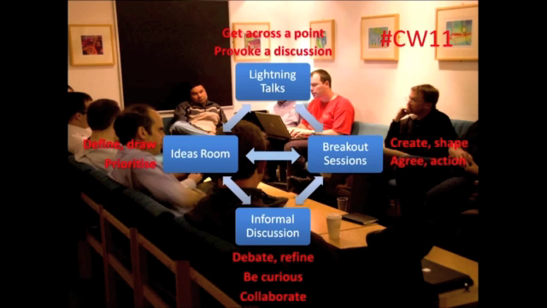The way that we do it in the Collaborations Workshop is essentially through 4 different strands. Now, up at the top, you'll see we have lightning talks, and we're going to be going through these in the next part of the morning. And these are really for different people. Thank you to everyone who's suggested a lightning talk. You're going to see basically a whole range of ideas, opinions, experiences, questions put to you. And the idea there is to try and provoke a little bit of discussion, illustrate points, and get people talking.